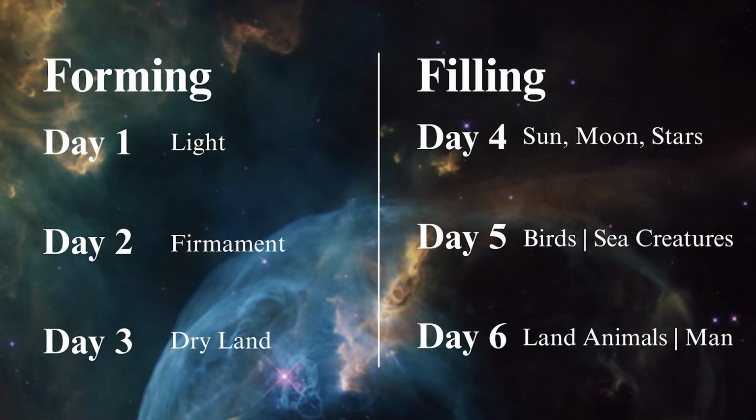On day 5, he creates birds that fly across the face of the firmament, and also sea creatures that swim in the waters of the sea. And then on the 6th day, matching the 3rd day, when the dry land appears, he creates land animals and also creates man. So by the end of the week, by the time you get to the 7th day, God